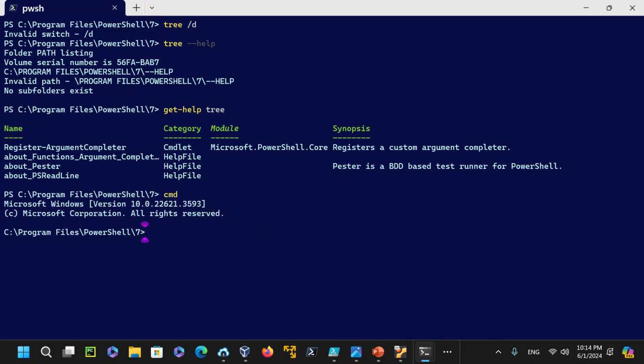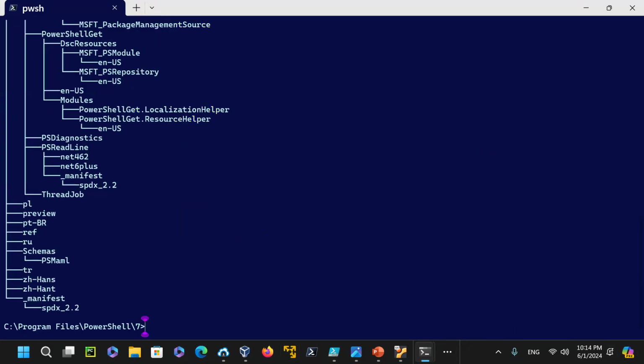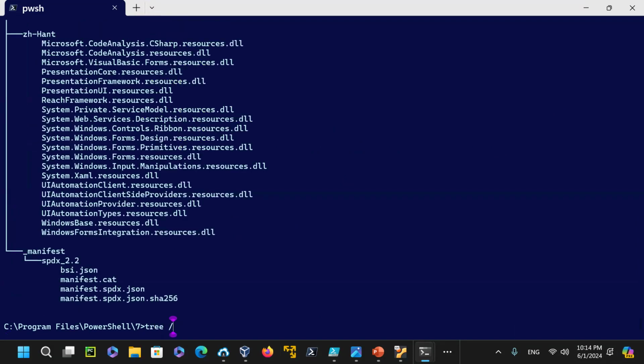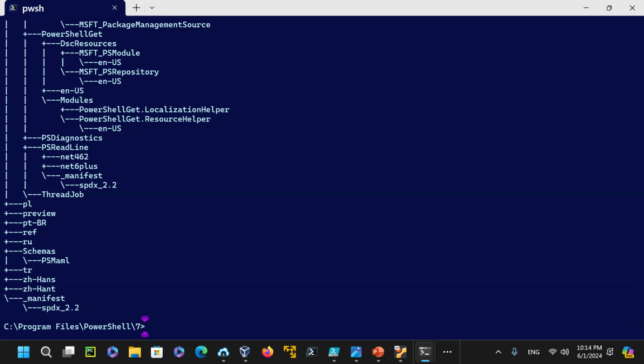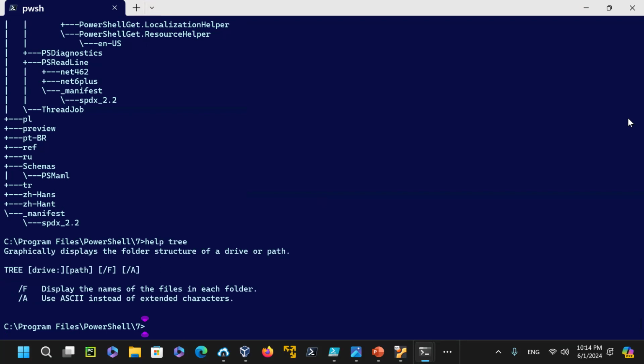So if I go to the command prompt, and now I'm on a DOS command prompt, you could run the tree command here. Tree /f is there, tree /a for ASCII type format, and a lot of them. So help tree command. Now I'm inside the Windows DOS command prompt, /f, /a for ASCII, and then the other one is /f to display file folders. So you could do that one also. So if I do a tree C: colon slash